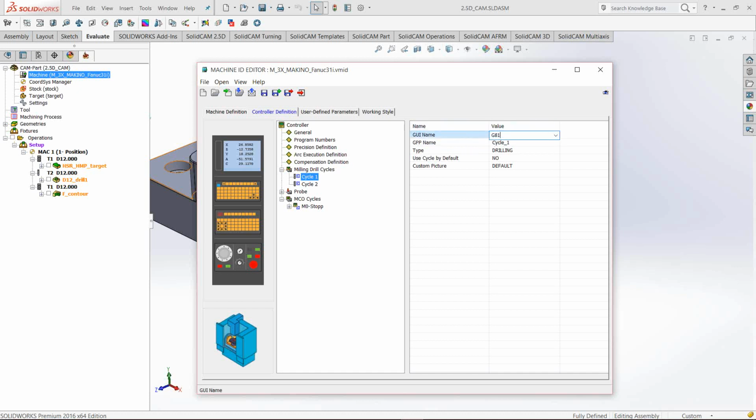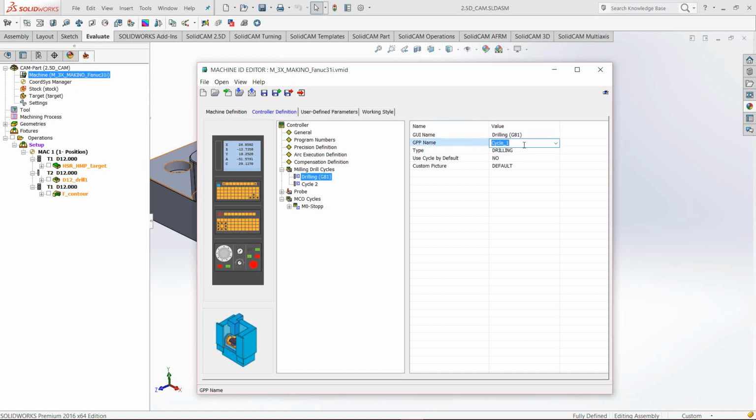So here I'll put G81, but you can put just drilling. Or it's also very handy to put it like this, and this will be here. For now, I'll not do it that way. I'll just put G81, or let's say, why not, drilling G81,